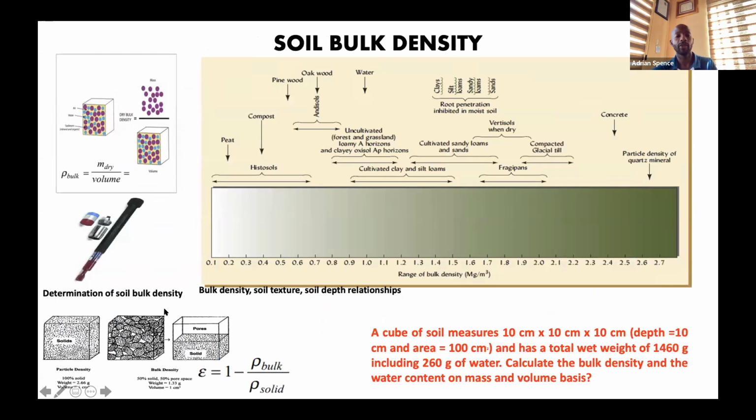Right, so mass divided by volume. Now, generally, we use this bit of equipment here. It's called a soil corer to collect samples for bulk density, right? Which is a little cylinder stuck inside another cylinder. And then that is used to basically pick the soil up. All right, so determining the volume of that cylinder will be the area times the height, which is pi r